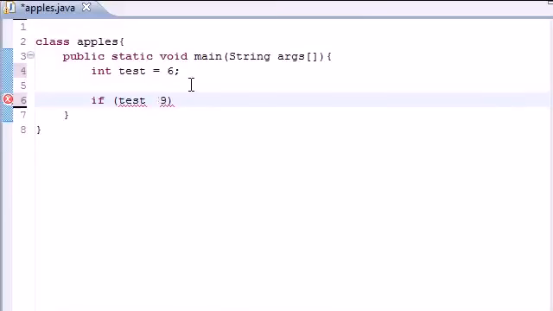If you want to test if it's not equal, you need an exclamation point and an equal sign, and this means not equal. And of course, as expected, you've got your less than and greater than signs. Is 6 less than 9? Is 6 greater than 9? Is 6 less than or equal to 9? Or is 6 greater than or equal to 9? And those are all self-explanatory. I'm not going to show you guys exactly what those mean, but for now, I'm going to use the most basic one. And what we're going to be testing right now is if the variable called test is exactly equal to 9,